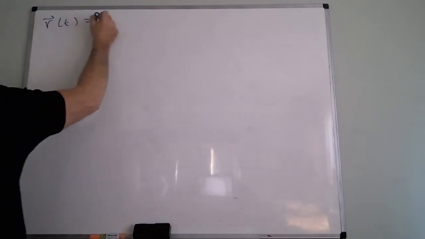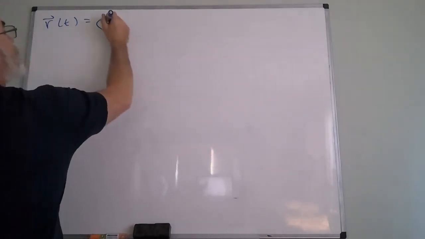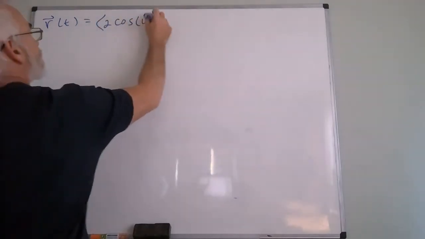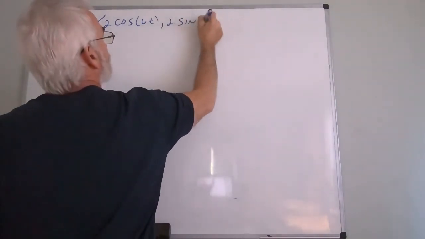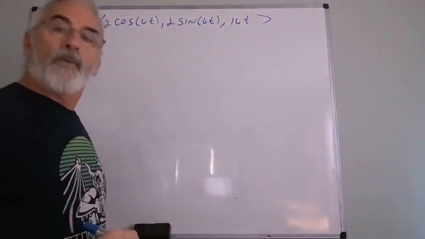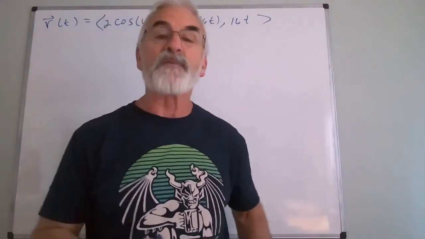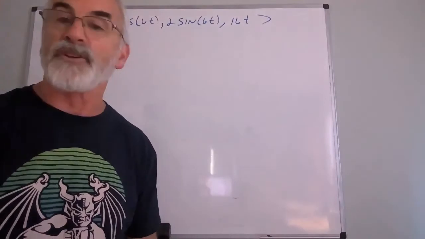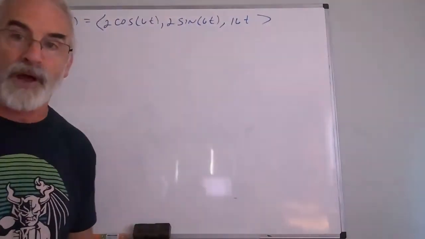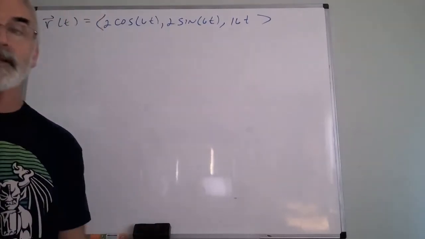R of t is, how about, let's see, 2 cosine 6t, 2 sine 6t, and 16t. Okay, that seems reasonable. What I want to do, in fact, I'll make it even simpler. I want to find everything. I want to find every aspect of this. I want to find the unit tangent, the unit normal, the curvature, the tangential component, the normal component, every single thing we could possibly mention to describe this motion,